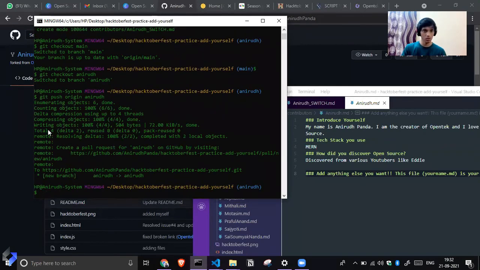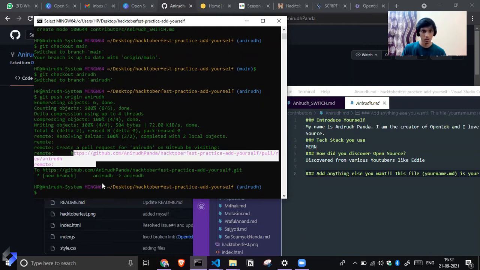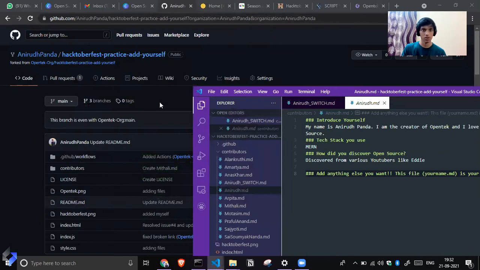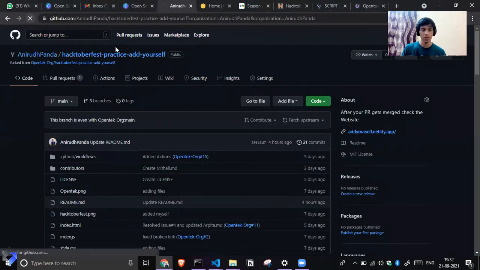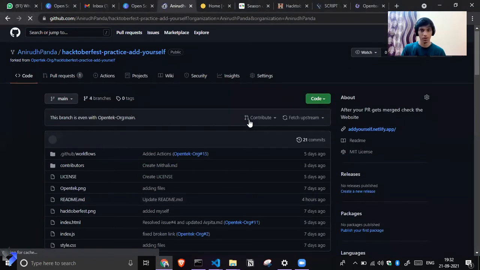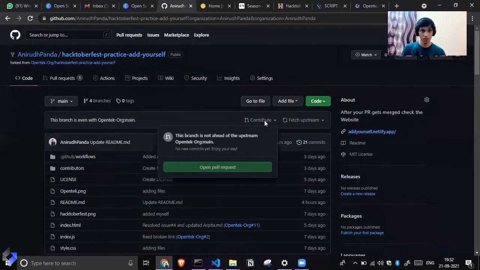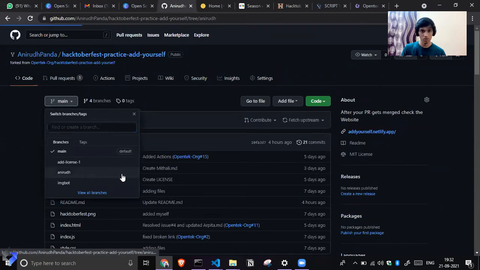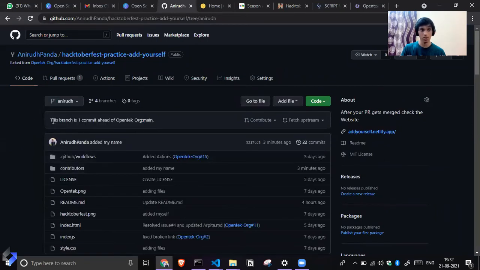Now see, it is clearly written: create a pull request for Anirudh on GitHub by visiting this. So we'll just go here and refresh it, and you can see a prompt. You can see that this branch is one commit ahead of the OpenText origin main.